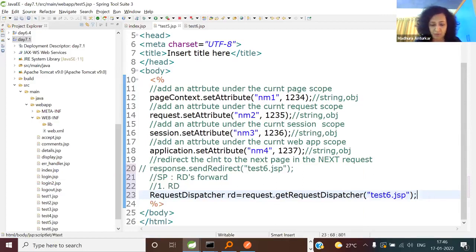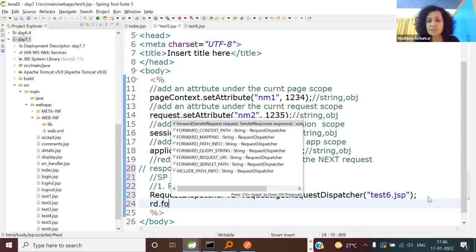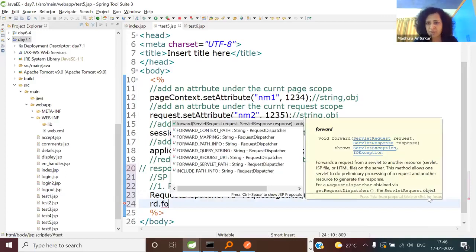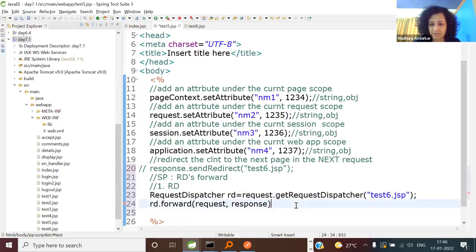And then you have two methods. Which two methods you have? Forward or include. So I'm using forward. Same request, same response. So I've done the changes from sendRedirect to forward, from client pull to server pull.